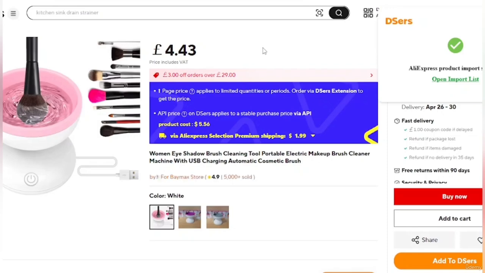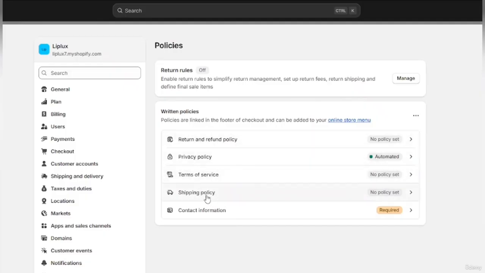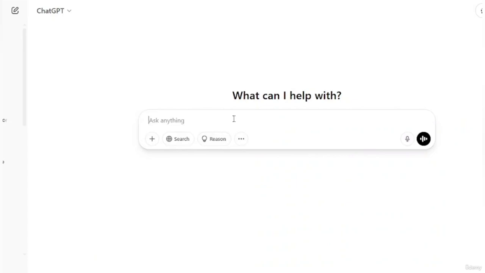So just be chill and patient, and obviously they're going to receive their orders, and if they have any issues with their orders, they can send a complaint to your email address where you can address those types of issues. So you want to make sure you add that to your shipping policy. Let them know exactly. And if you don't know how to do this, you can just come to ChatGPT and tell ChatGPT to write you a shipping policy for